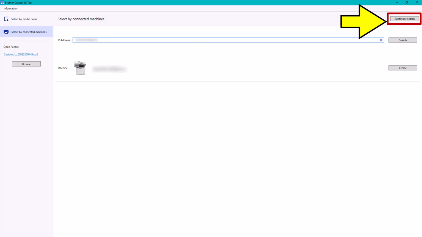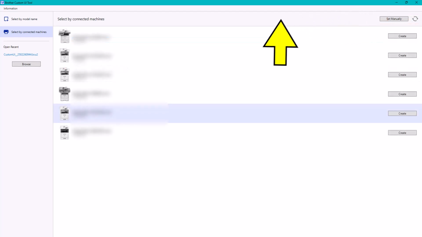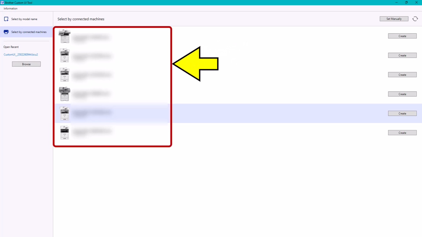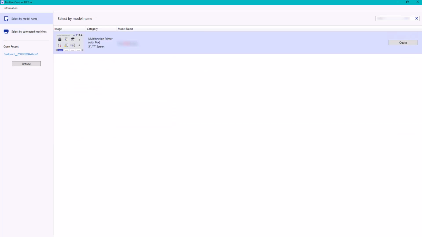If an automatic search is required, select this option. You will now see a list of devices that are connected to the network. For this demonstration, I'm going to select from my searched model earlier in the video by selecting Create here.